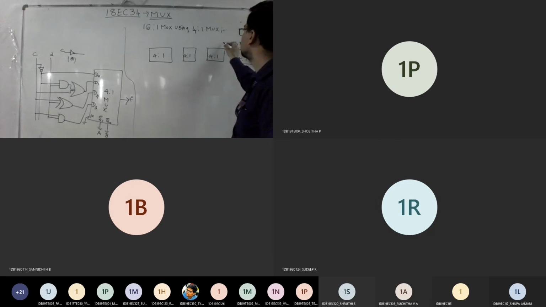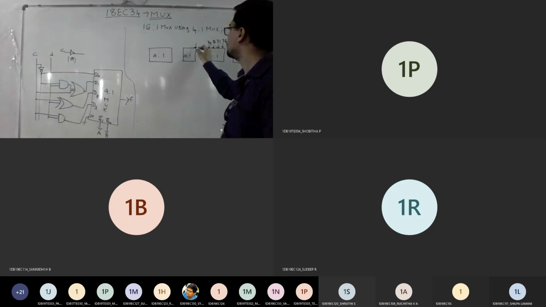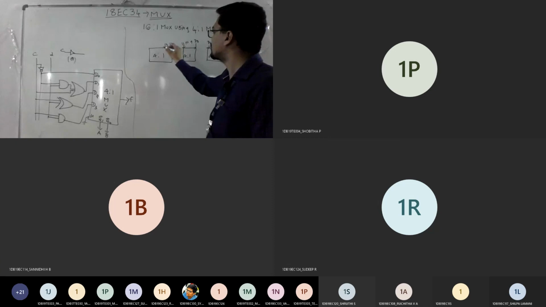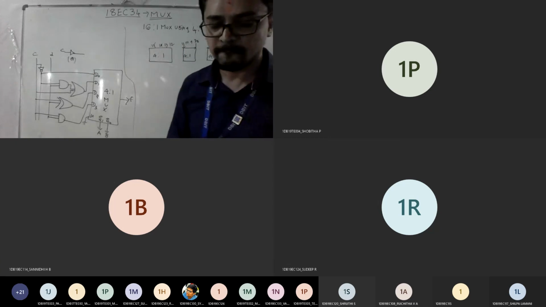Correct? Next D4, 5, 6, 7. Here you can connect. Next here 8, 9, 10, 11. Next is 12, 13, 14 and 15. Is this how it looks? Agree?